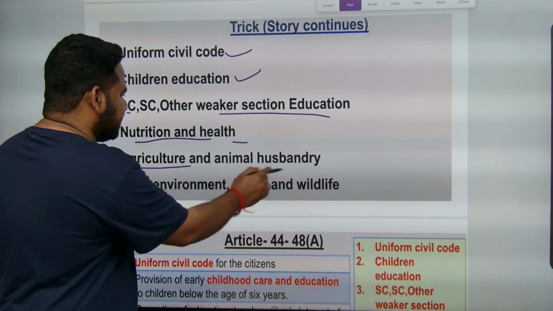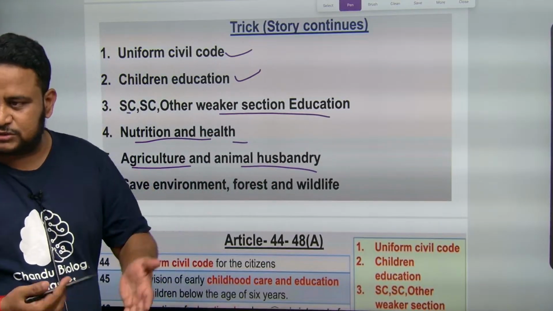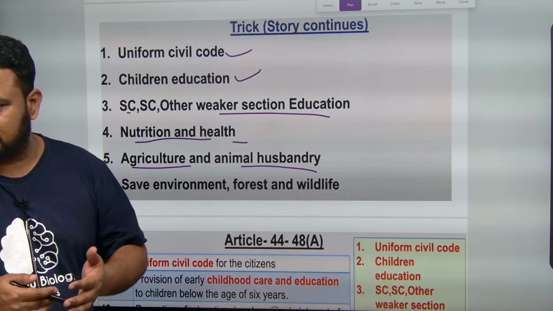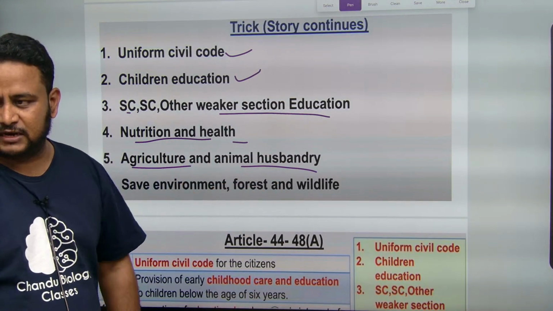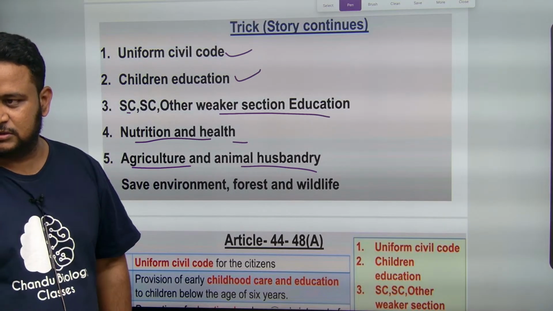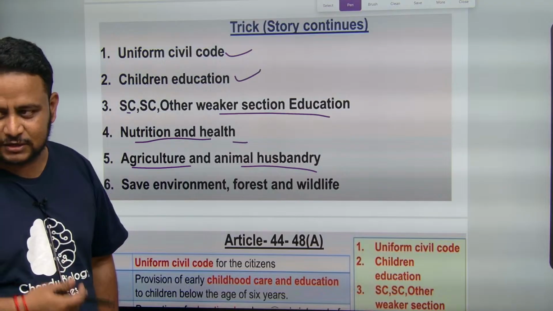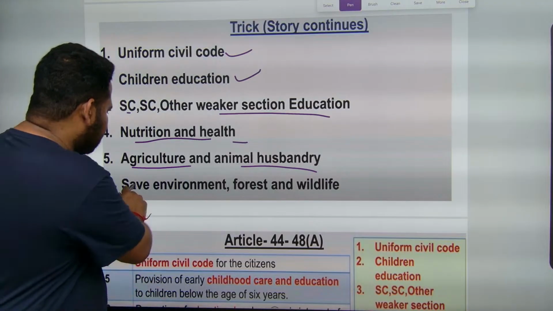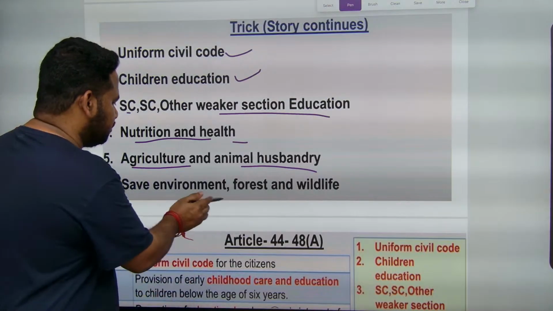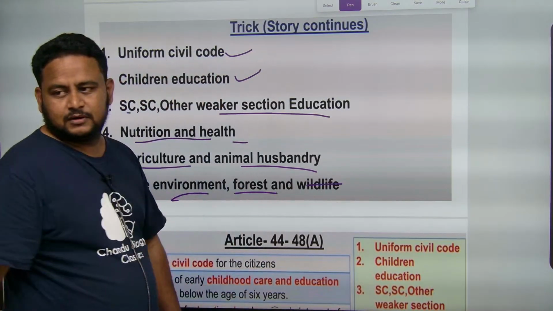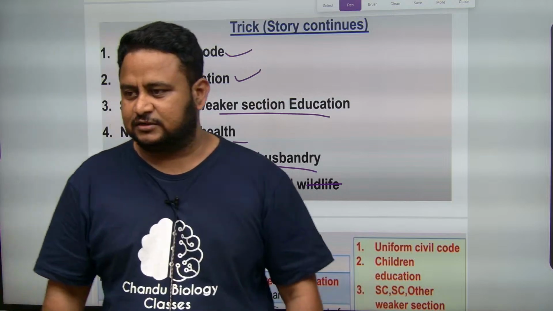This is agriculture and animal husbandry. Those people who come back, not just managing cooperative societies, involve them in agriculture, involve them in animal husbandry. Let them rear sheep or goats, so that they can eat meat more, like mutton, chicken, whichever you like. That doesn't mean that you can go and cut everything in the forest. Please save the environment also, and forest and wildlife.